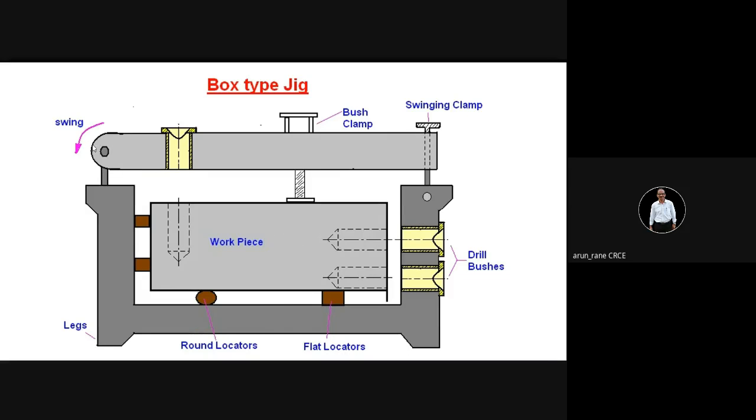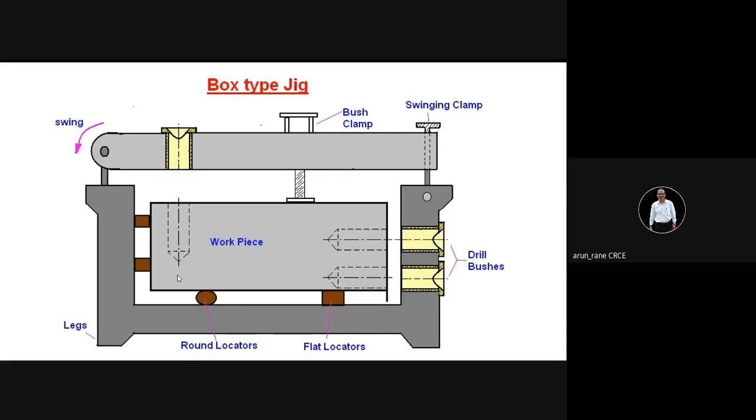Now this is a swinging type of plate. So it will swing around this hinge or rivet. You have to remove this, and lift this plate in anti-clockwise direction. Lift it like this. Then you keep the component over here, and again put this top plate here, and then clamp it. So now your workpiece is located, loaded and clamped. Through this you can do one drilling.